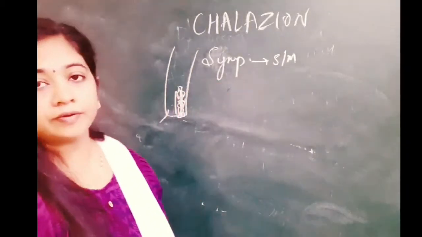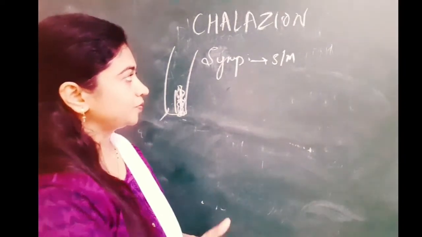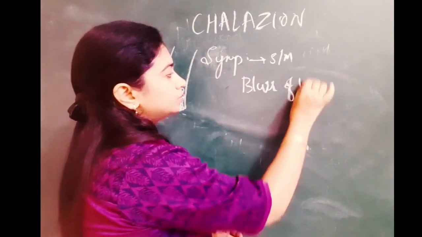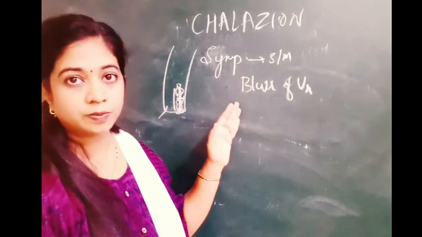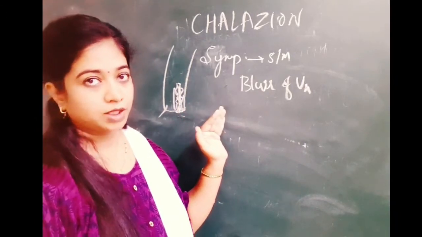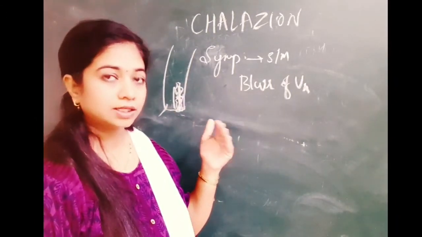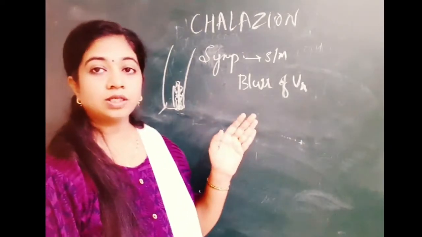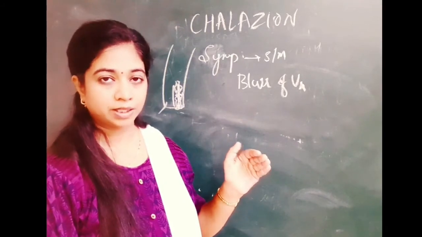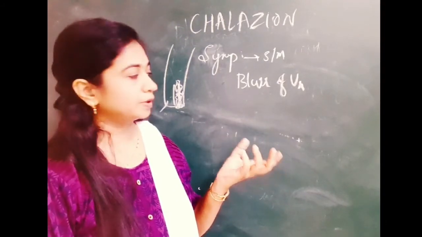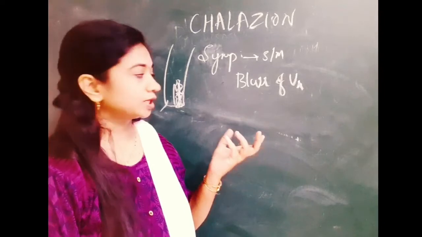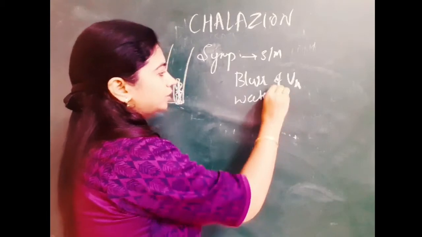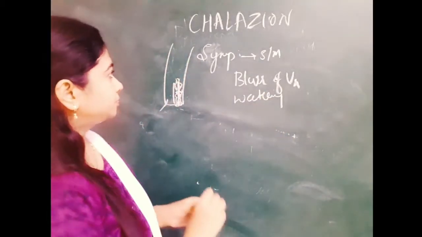So there can be secondary effects of the swelling of this chalazion. Secondary effects include blurring of vision due to the astigmatism, which is induced by the pressure effect of the chalazion. So chalazion can compress over the cornea, leading to astigmatism, thereby leading to blurring of vision. And if the chalazion is over the lower eyelid near the medial canthus or the punctum, there can be eversion of the eyelid because of the heaviness of the chalazion that can lead to what is called as watering. Okay, so the patient can present with watering depending upon the location of the chalazion.